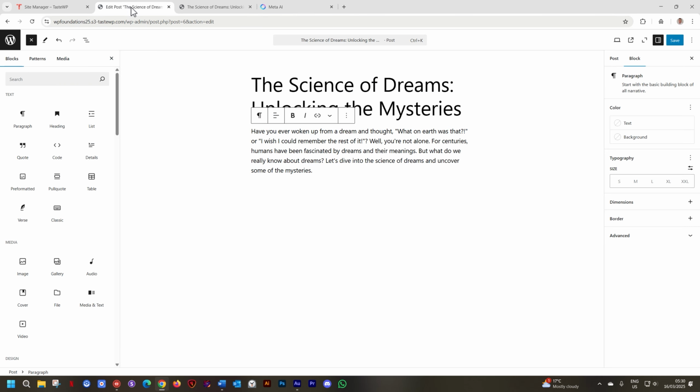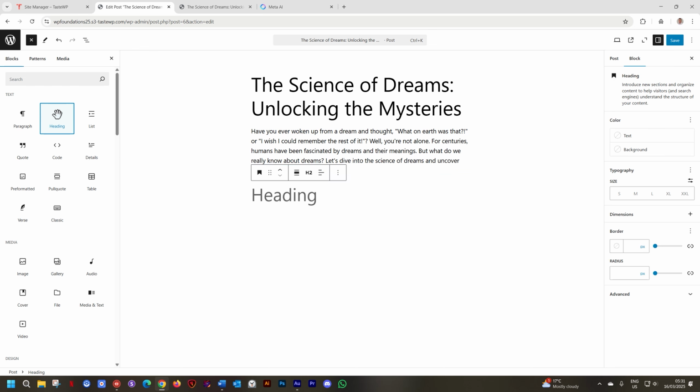I often prefer the word element, but Gutenberg and WordPress like this word block. Under text, you can see there is heading. As I hover over it, look what happens on the page. There is that thick blue line that appears. And that indicates to me that if I click on this block, it's going to drop it into that spot where that blue line appears. So select and just click on it, and it drops, and it gives you this placeholder that just says heading.